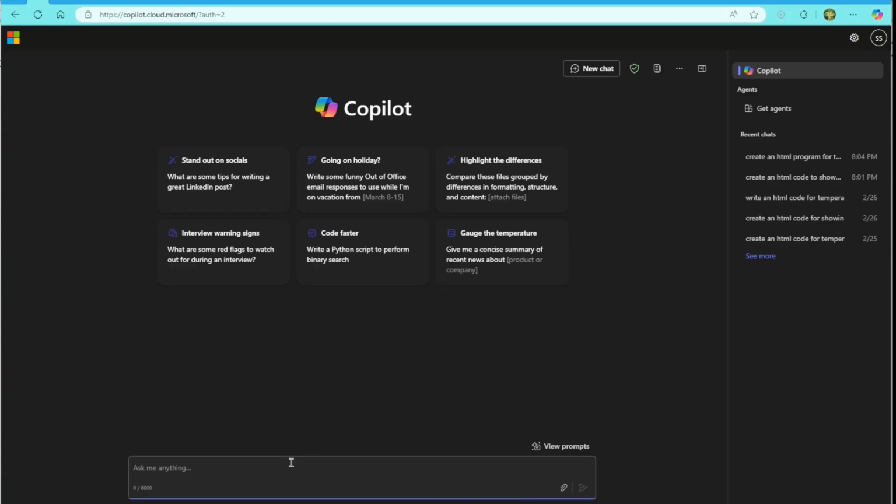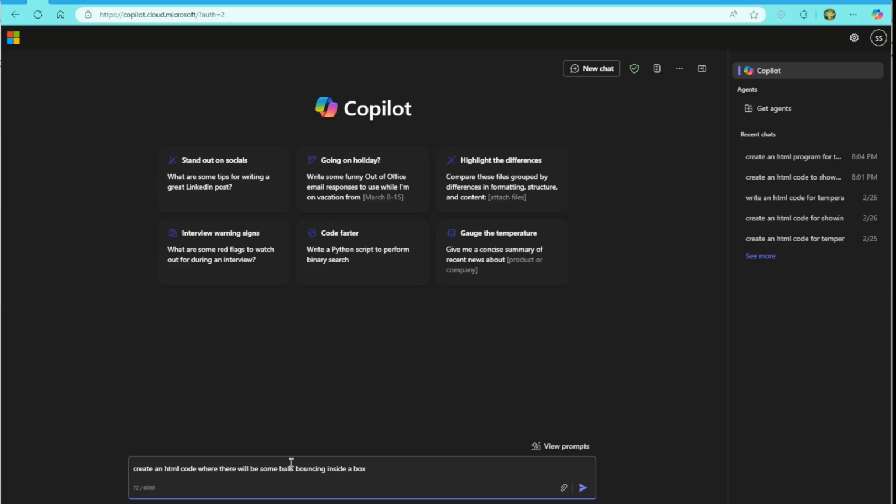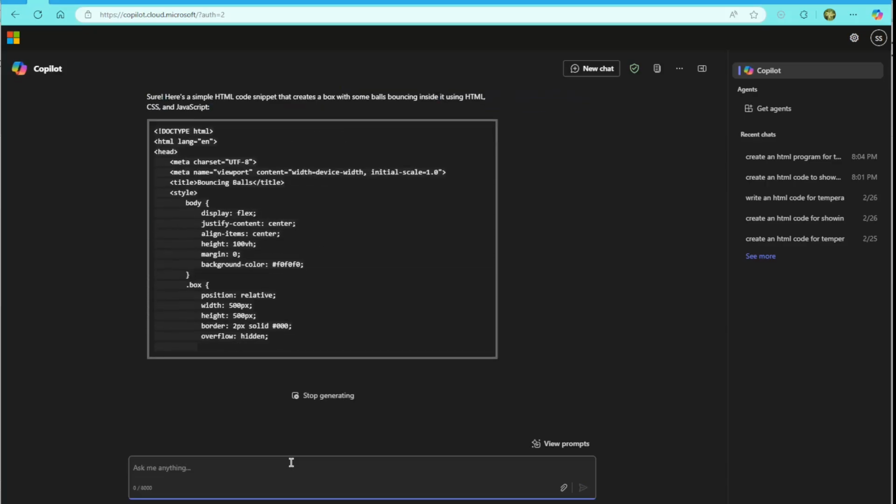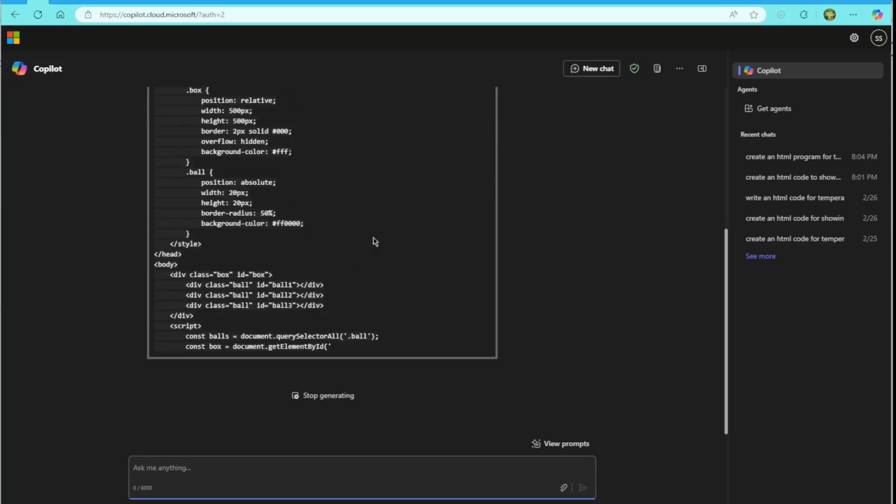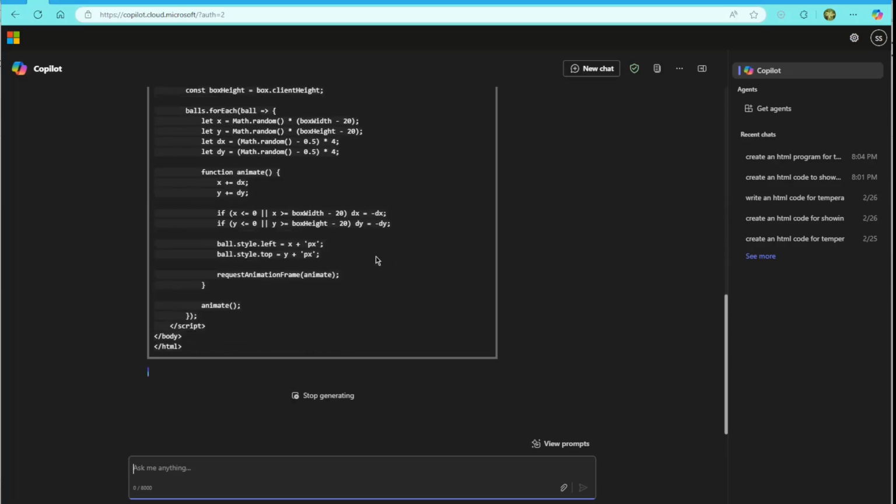So in this project 2 we are trying to create a simulation of a ball. So I'll write something like: create an HTML code where there will be some balls bouncing inside a box, something like this. So it will create all the code